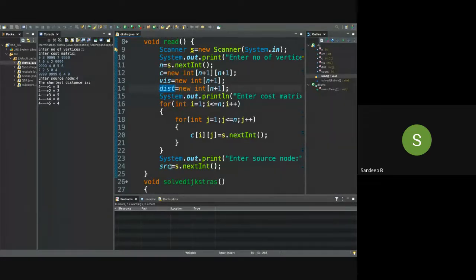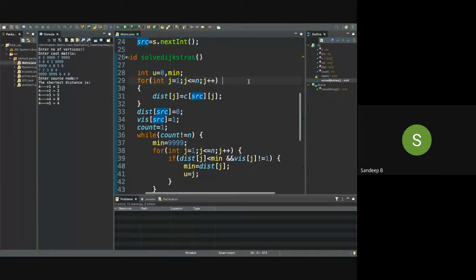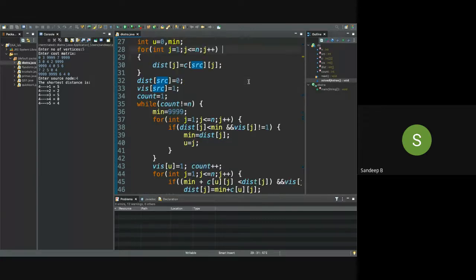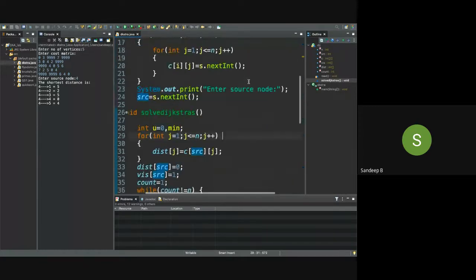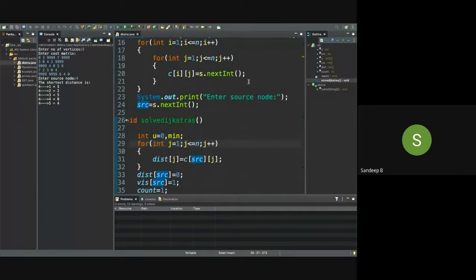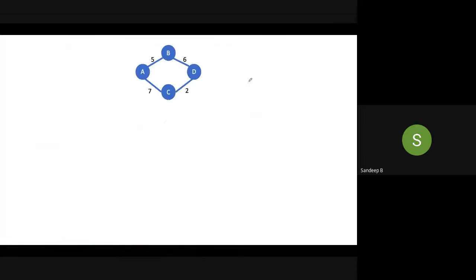In the src variable, our source node will be read. Now I will start explaining this function solve Dijkstra. What happens inside this function, I will explain in detail. I hope you have understood the basics. Let me go to the function solve Dijkstra.